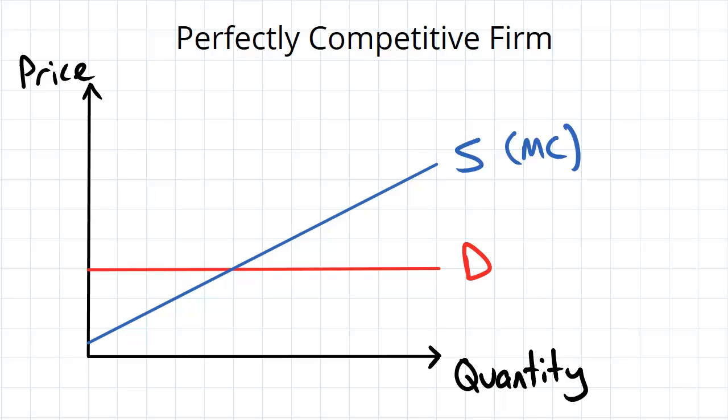The demand curve, however, is perfectly elastic. It's this horizontal line here. And why is that the case? It's because in perfect competition, firms are price takers. They cannot choose the price. They have